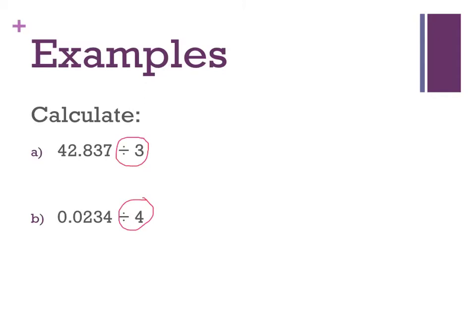That's our divisor, the number that we are dividing the other thing by. Now, when we do division, we know it goes like this. Our divisor goes on the outside, so 3 goes here, and the rest of the number goes in exactly as it's written,